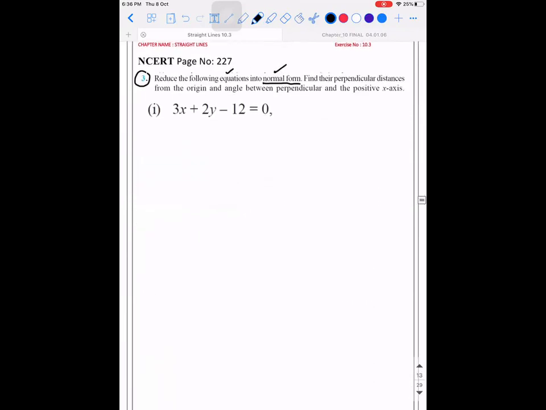Reduce the following equations into normal form. Find their perpendicular distances from the origin and angle between the perpendicular and the positive x-axis. So solution is 3x plus 2y is equal to 12. Right? So we need to divide with what? Root of a square plus b square. That is root of 9 plus 4. That is root 13. So 3x by root 13